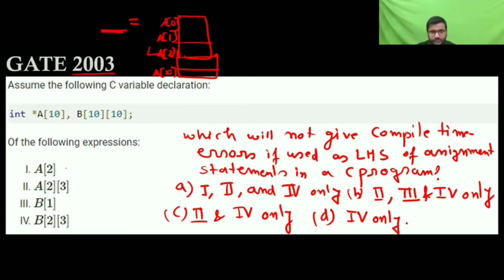Okay. Now you can go to A2, 3. Yes, you can go. In this element, you are going to point to the integer of that. This is also correct. This is also correct. This is also correct. Okay. It will point to pointer and it will point to integer because it's going to your